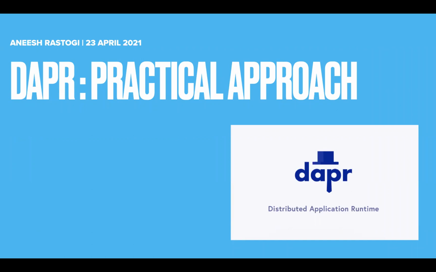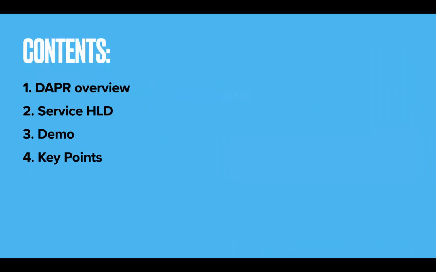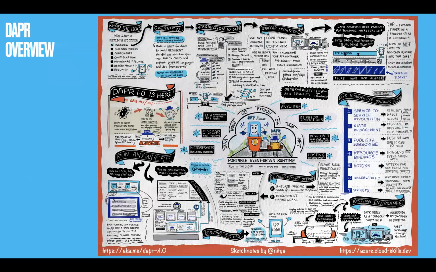But before that, I also have a very nice diagram that I found online, which summarizes what Dapper actually is. Okay, so I'll try to explain it as much as possible, which would give a bit of an idea about what Dapper is. So in the middle of the diagram, we can see how Dapper runs. We have our app, and Dapper runs as a sidecar with our application. Okay, so my application can be in any code base.